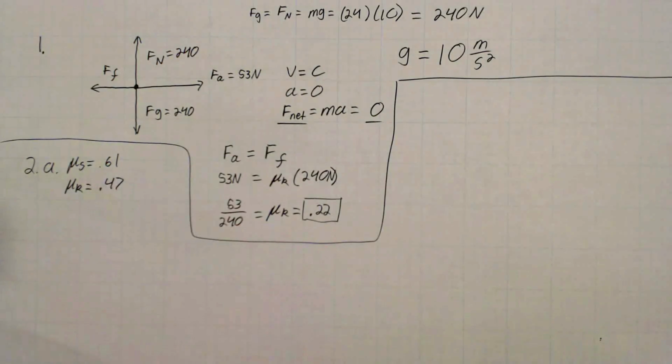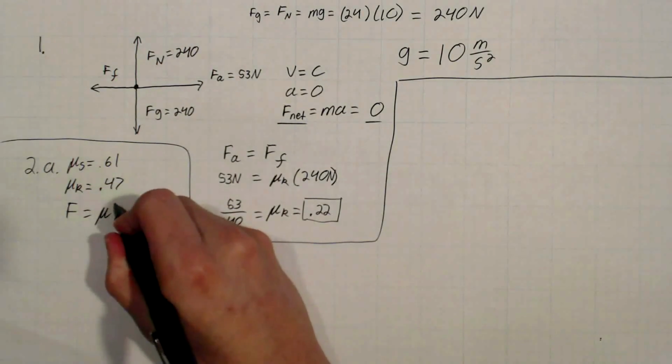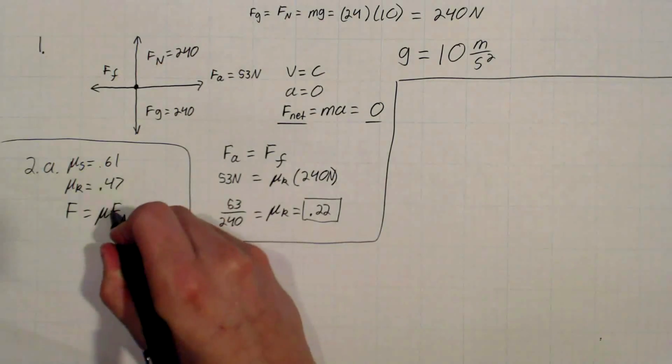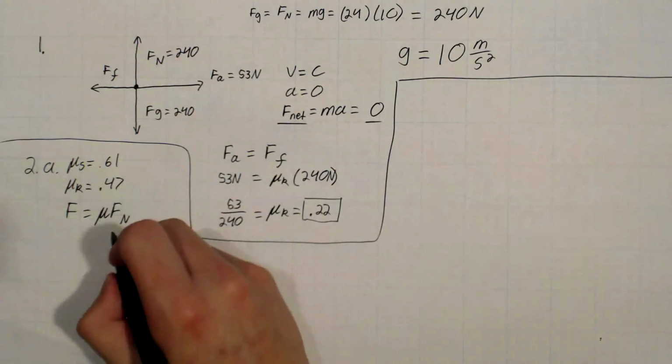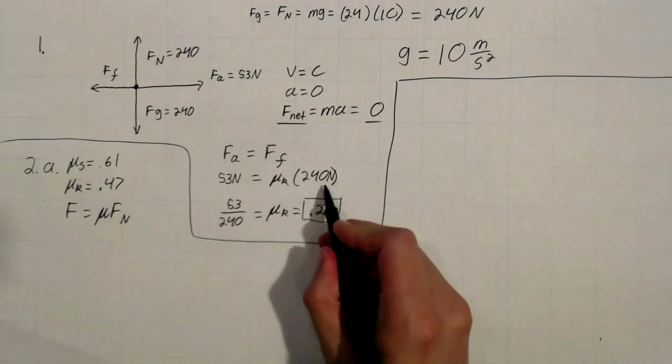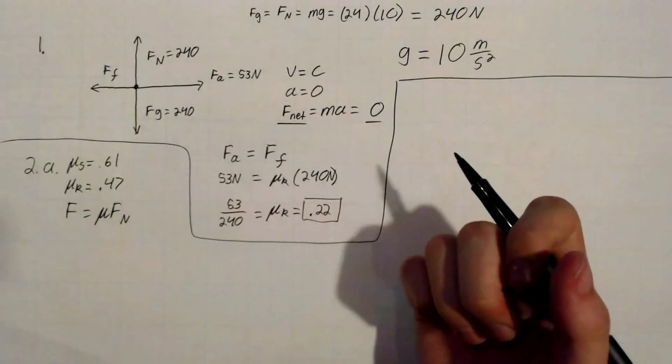So next thing, to find force of friction, since we know that F equals mu times your normal force, which you can write as F sub n or just n. I like to use F sub n because if you just use n, you can get confused with the units, newtons, which can lead to some